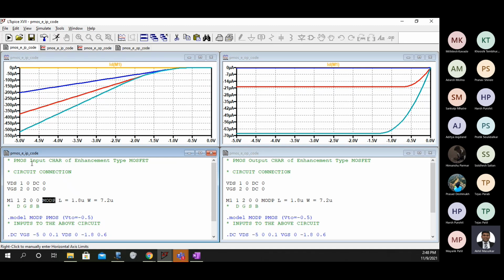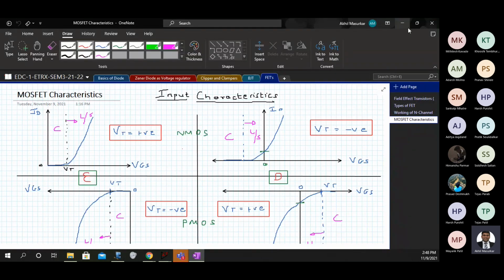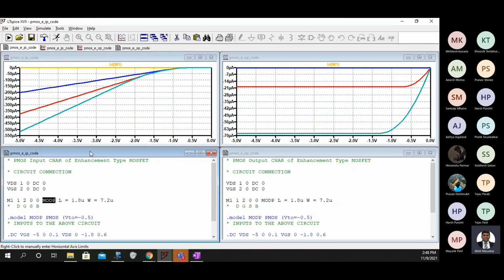An enhancement type PMOS has a negative threshold voltage, so minus sign there, and SPICE always sees from left to right. So even if you are seeing the plot like this, 0 to minus of VGS, SPICE always sees from left to right. So the left value we want is -5, the rightmost value is 0. So I write -5 to 0 in steps of 0.1.